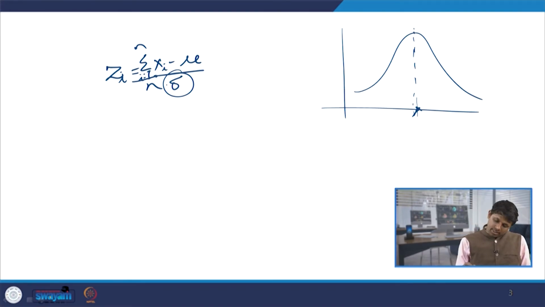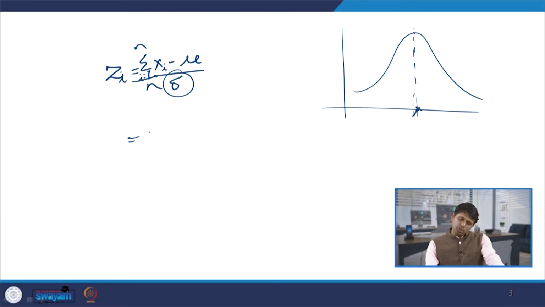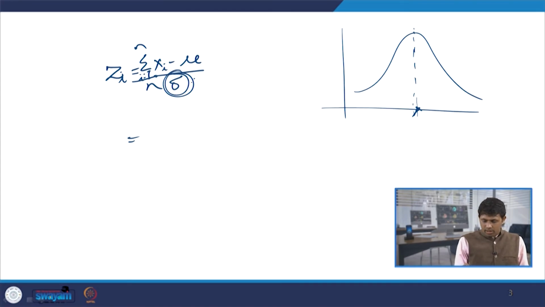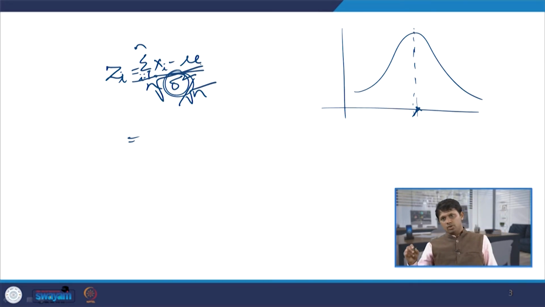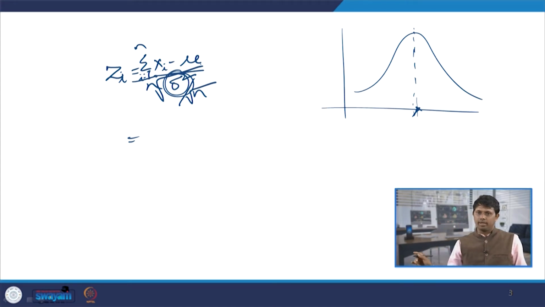So basically, when we take it, this is equal to x bar, I mean the sample mean, minus the population mean, where mu stands for the population mean. The standard deviation is divided by the square root of n; it is actually sigma squared divided by n. So, it will be equal to sigma over the square root of n. If we take the right approach, we can find it out accordingly.